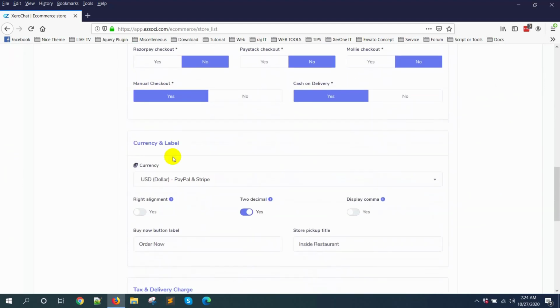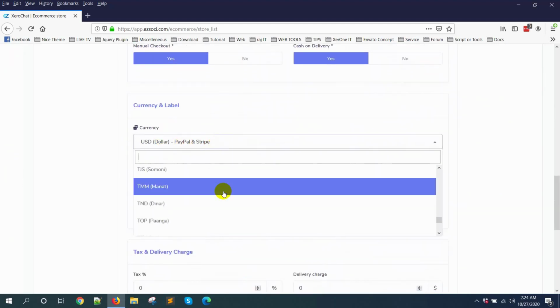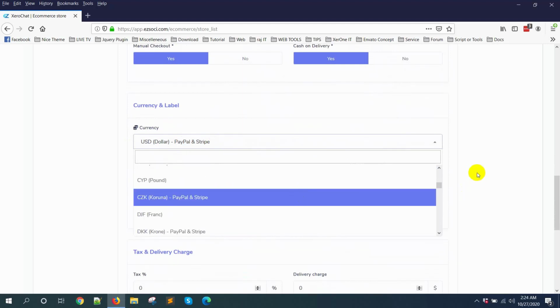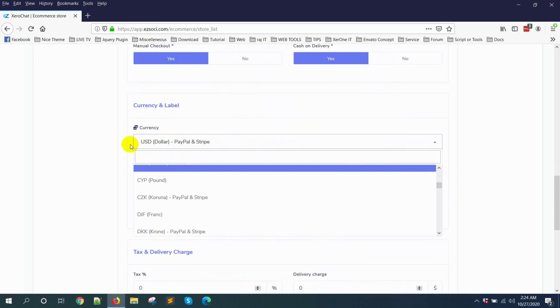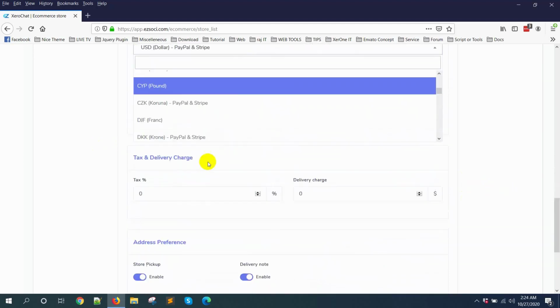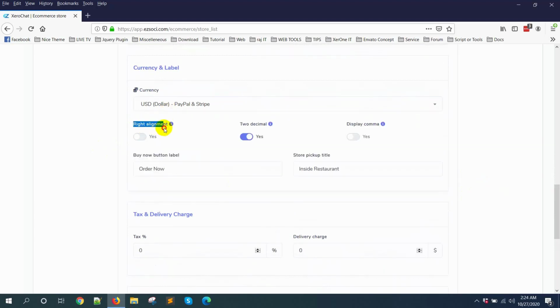Okay, then currency and label. From here you can select your desired currency. All the currencies are available here. In my case, I have selected USD. Now here is the right alignment option, that is, for some currencies the icon is actually on the right side like this.